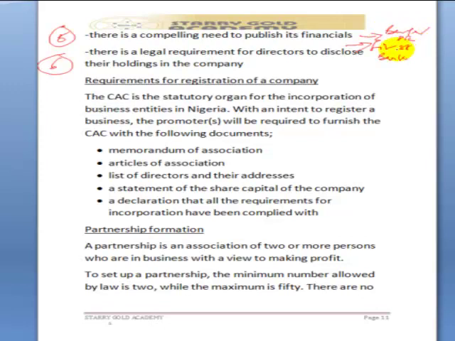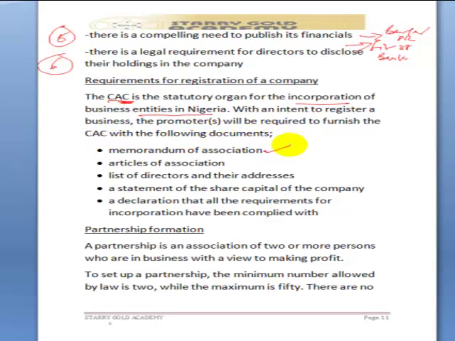Now let's take the next issue, which is the requirements for registration of a company, that is, company incorporation requirements. The CAC, that is the Corporate Affairs Commission, is the statutory organ for the incorporation of companies in Nigeria. With an intent to register a business, the promoters will be required to furnish the CAC with the following documents: